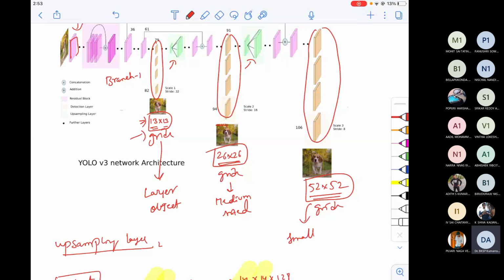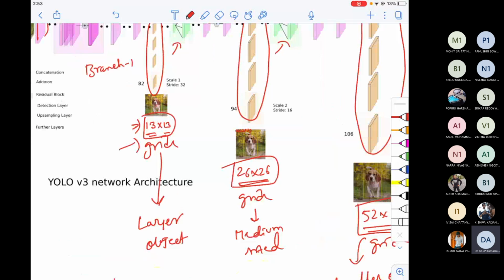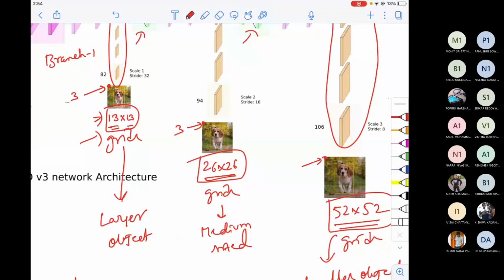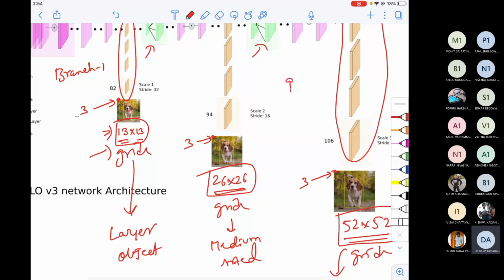So actually, what YOLO V3 does is it takes every grid and draws 3 boxes, takes the first grid and again draws 3 boxes. Totally how many? 9. You remember the significance of 9: we used to draw 9 anchor boxes in the previous architecture.